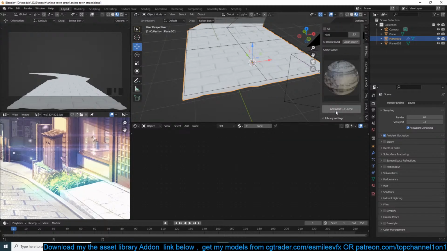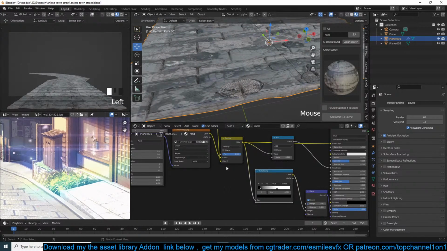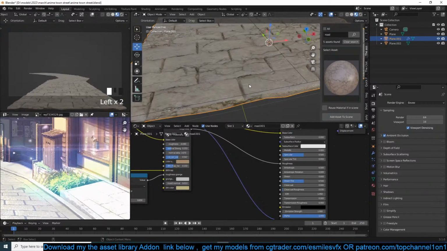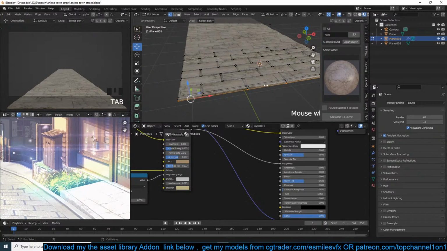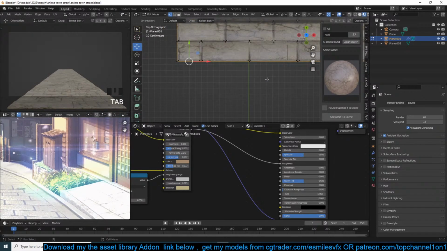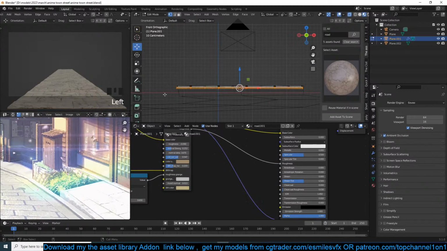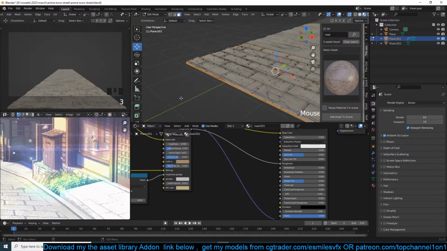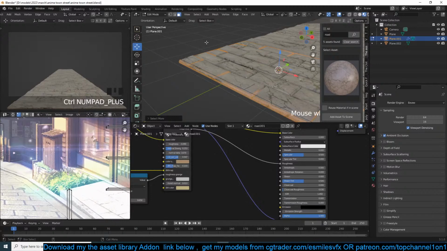Grab this new material, and then actually let me use something simpler, like that. But I want, let me see, these faces here to give these